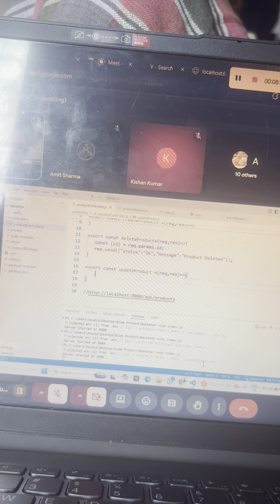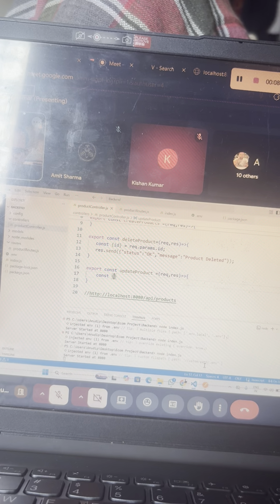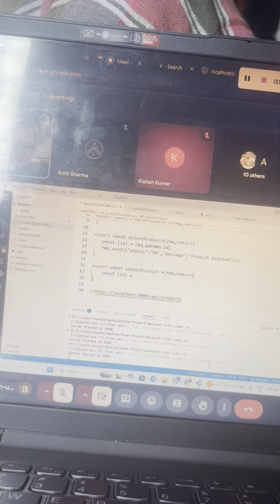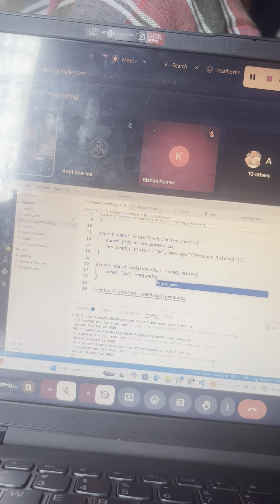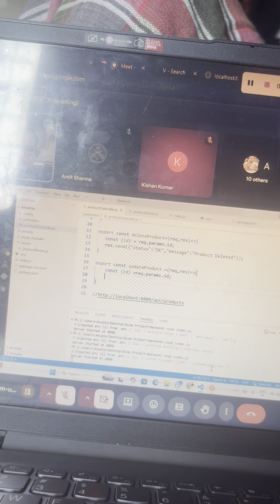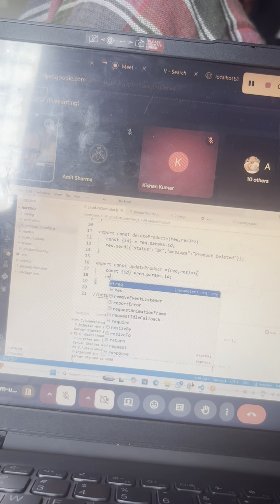And if we want to update a record, we have to follow the same steps. We have to access the ID of the product, and to find out the ID, we have to write request dot params dot ID, and we can generate some response